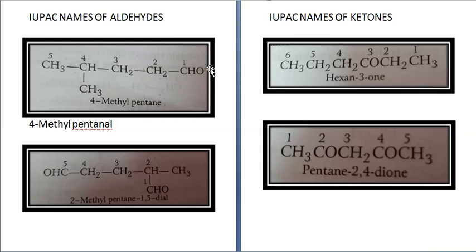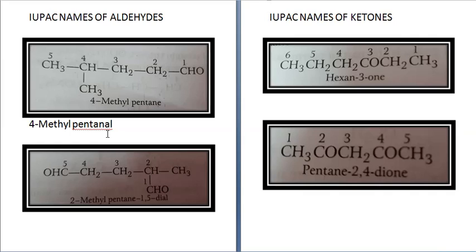Otherwise, if you look, the longest carbon chain appears to be this carbon chain, 1, 2, 3, 4, 5, 6. But because we have to have the functional group in the parent chain, we will take this 1, 2, 3, 4, 5. So the parent chain will become pent. Since there is an OH attached to the first carbon, it will become pentan-1-ol, and to the second carbon is attached CH3CH2, that is an ethyl group. So it is 2-ethylpentan-1-ol.